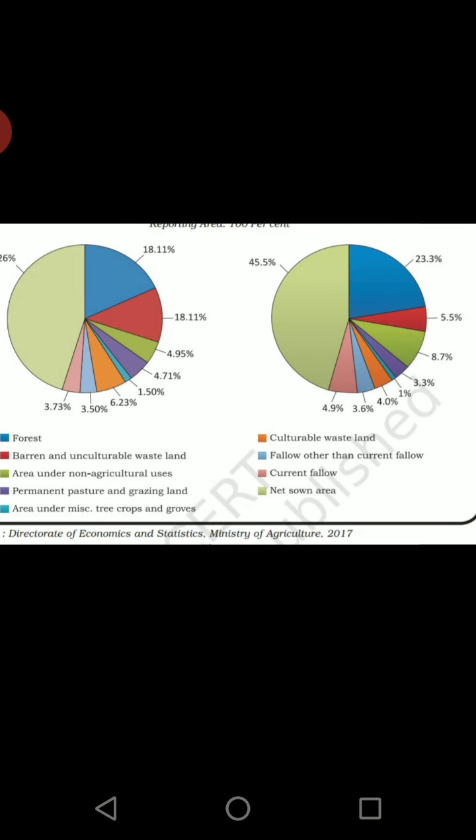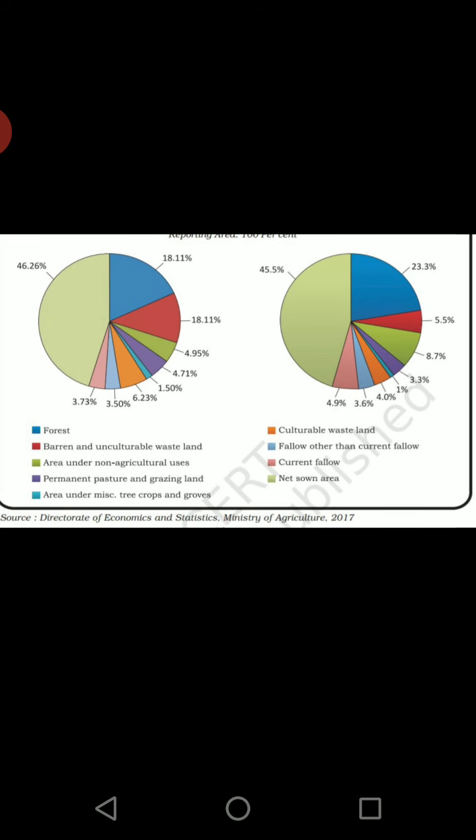Now let us begin. In this pie chart you will see there are various parameters given. Whichever points they have given in the index, we have all studied in land utilization. In this section, we will compare both pie charts and find out the possible reasons behind the changes. While studying the reasons, we should note them down because they are important to analyze. Let us begin with the first one.